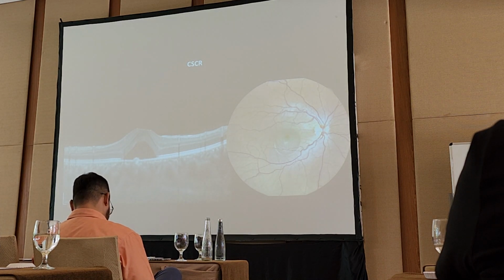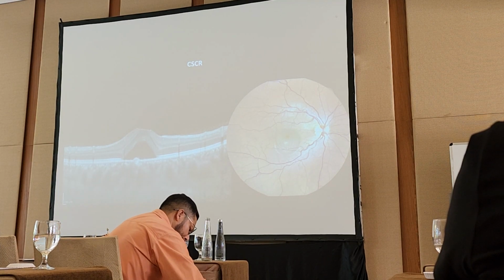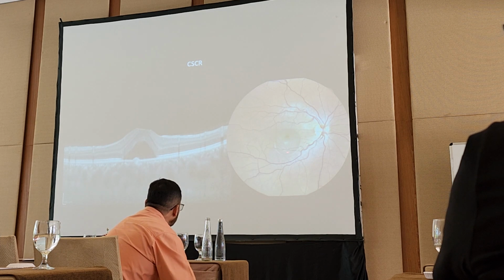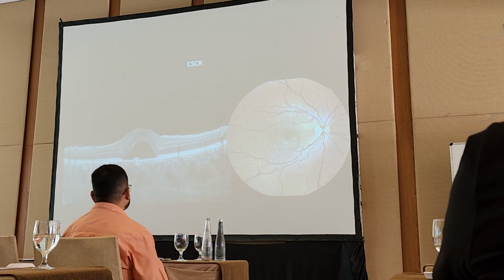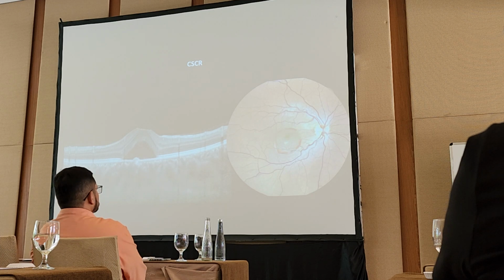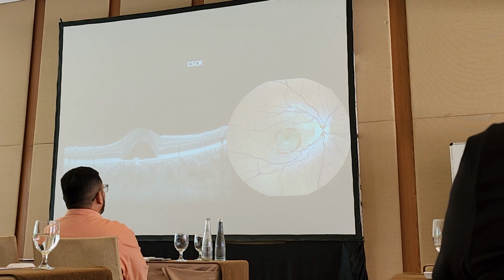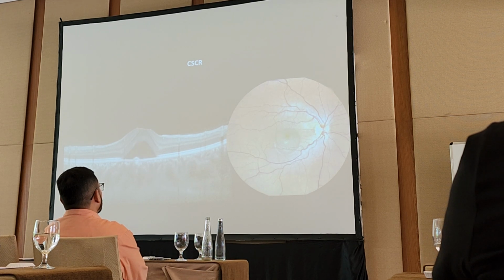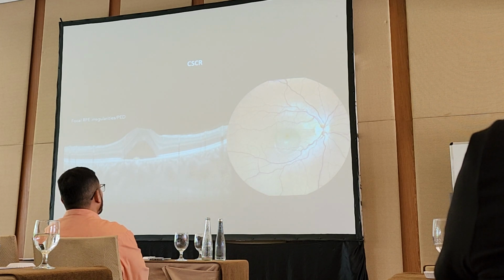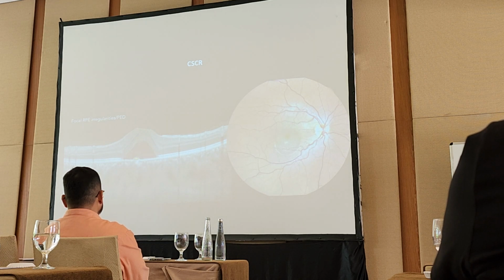Okay, this is another case of a CSCR. You can see here there's this bump. It's a bullous retinal detachment, small, over here, macula. And from the OCT, we can see a subfoveal subretinal fluid with a smallish PED, a focal area of irregularities or PED. So most patients with CSCR have this focal irregularity, and you can check on the other eye also. Usually they have this bump here. Okay, and this is the choroid